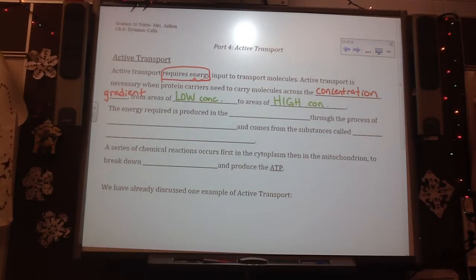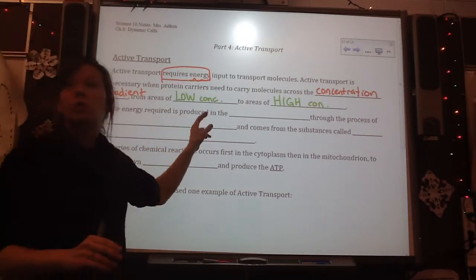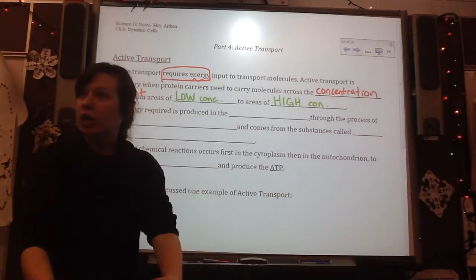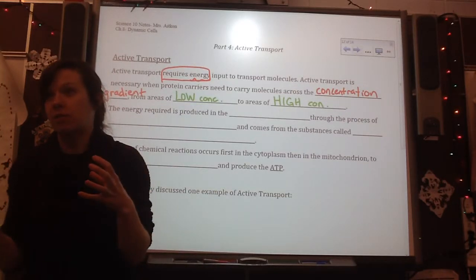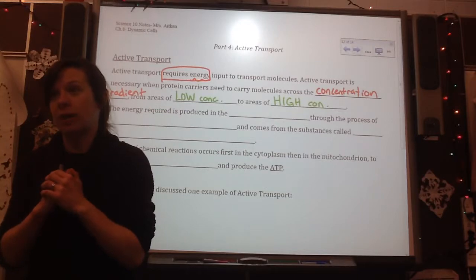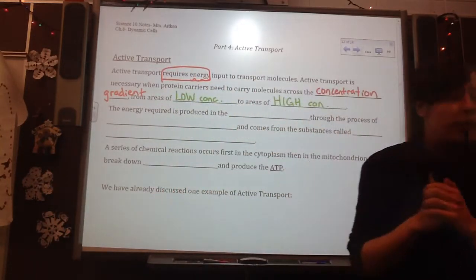Since you're pushing it from low concentration inside the closet to really high, that's hard. That's a lot of energy. So that's why it's backwards. So that's why we have to add energy. Because it doesn't feel natural to be crammed into a small closet with 6 other people, right? Okay? So the energy